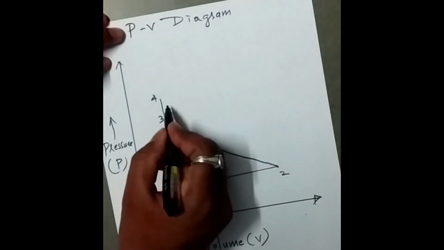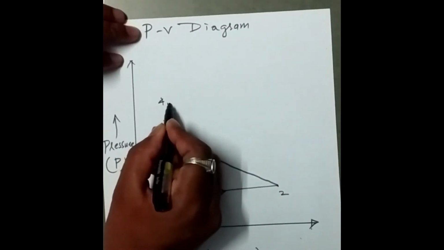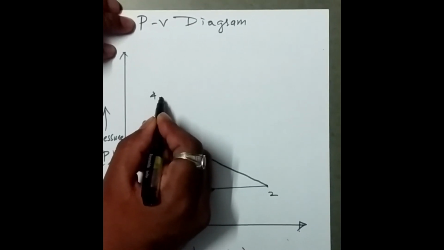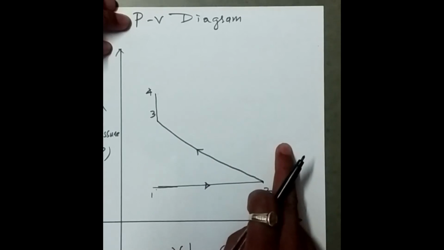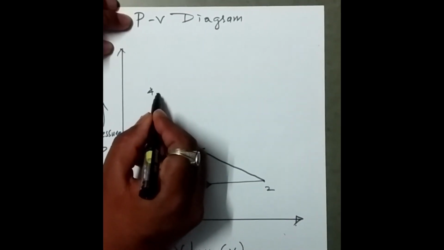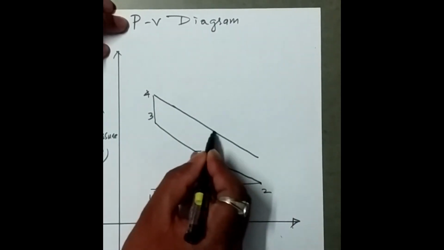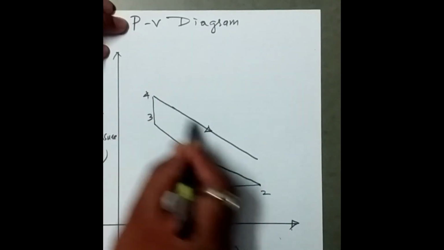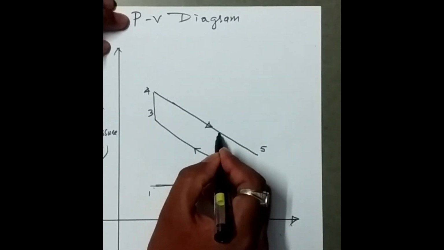Here the volume is going to increase as the piston moves from TDC to BDC. Of course the volume increases and the pressure decreases. So volume increases this side and pressure decreases. This process is an adiabatic process, so I'll get a curve like this. So 4 to 5 I'll show it. This is the expansion process.